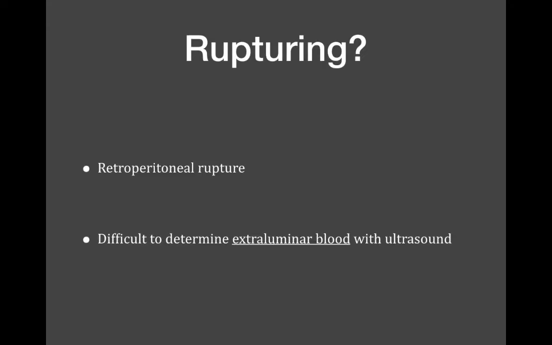Now the kicker is abdominal aortic aneurysms rupture into the retroperitoneal space. And we know from our FAST exam experience that ultrasound is not good at picking up retroperitoneal fluid, right? Much better at looking at free intraperitoneal fluid, not retroperitoneal fluid. So it's tough to figure out if there is extraluminal blood with ultrasound. Now I'm going to give you a couple ways that you can try to figure out if your AAA is